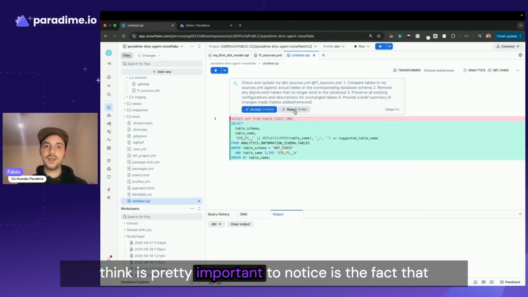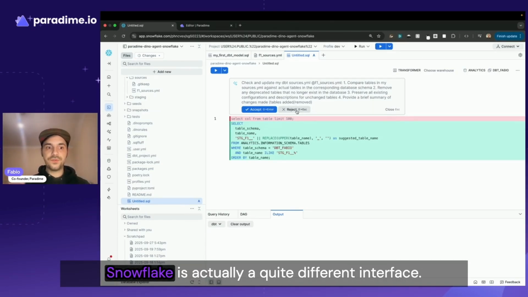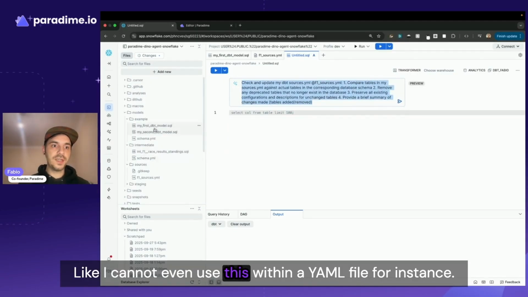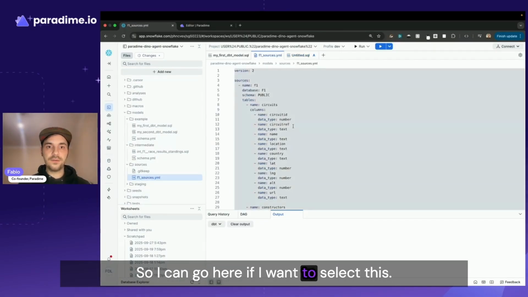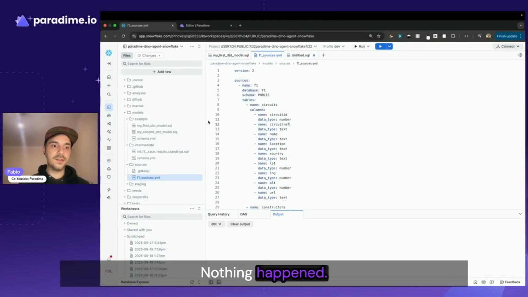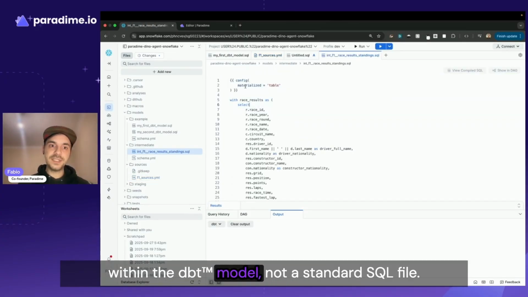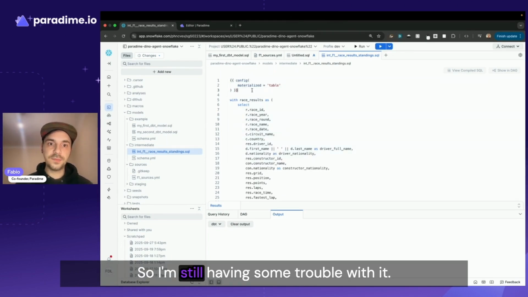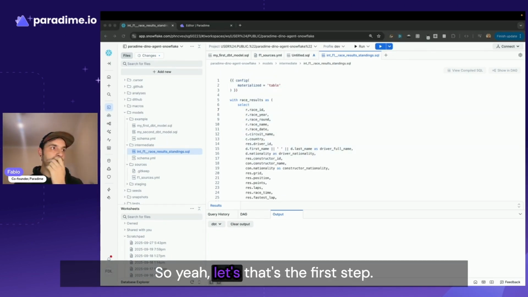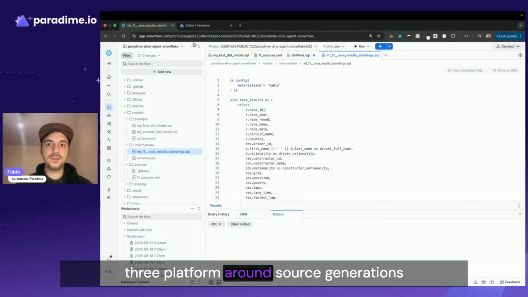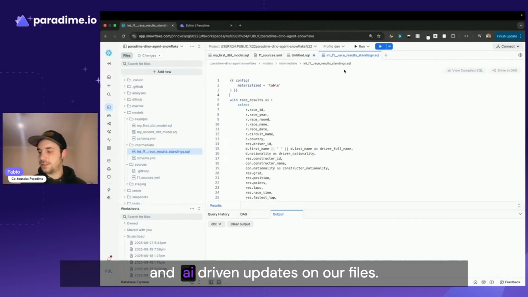I think it's pretty important to notice the fact that Snowflake is actually a quite different interface. Like I cannot even use this within a YAML file, for instance. So I can go here. If I want to select this, I'm pressing Command I, nothing happened. If I want to go here and do something similar within the dbt model, not a standard SQL file, so I'm still having some trouble with it. So yeah, that's the first step. We did some comparison within those three platforms around sources generations and AI-driven updates on our files. Let's try